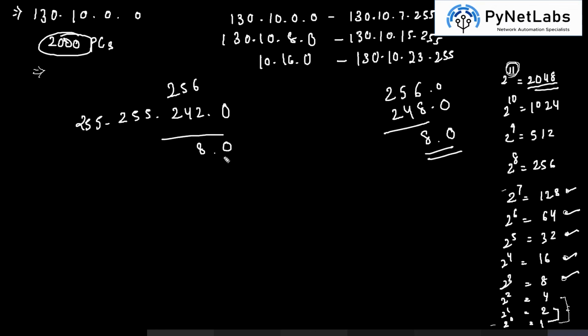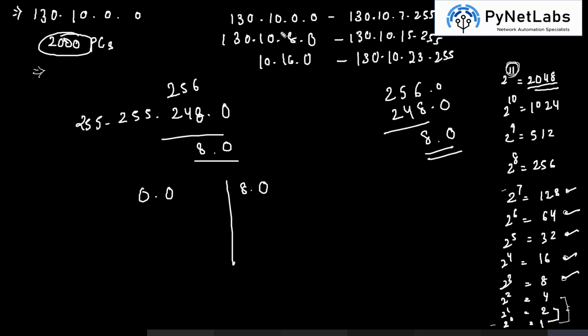So what I am telling you to do is simply subtract the octet which you have modified from 256. The answer you get is the range of IP addresses. So it will begin from 0.0, and the next part of the range will begin from 8.0. So this is the difference between two ranges. Okay, I'm sorry, this is 248. So this was the subnet mask. You can simply subtract this subnet mask from 256, and you will get the difference between ranges.